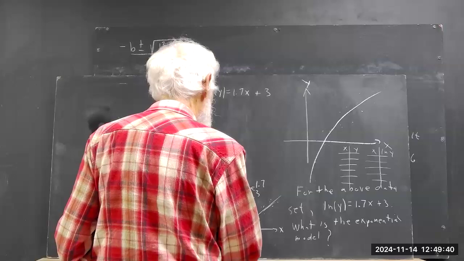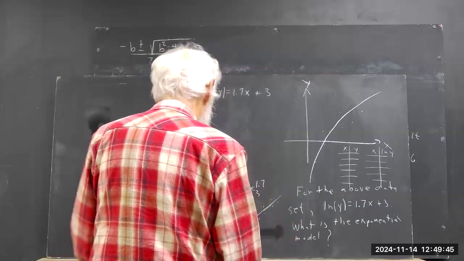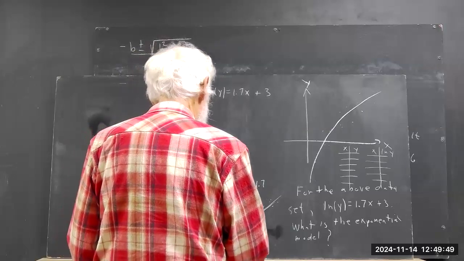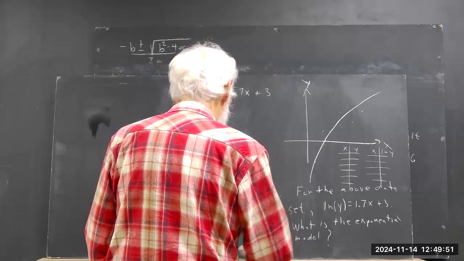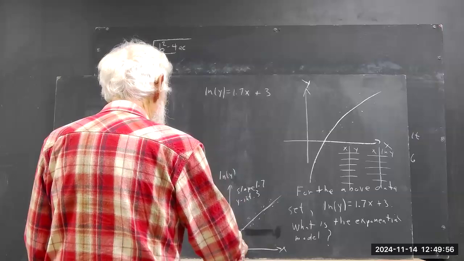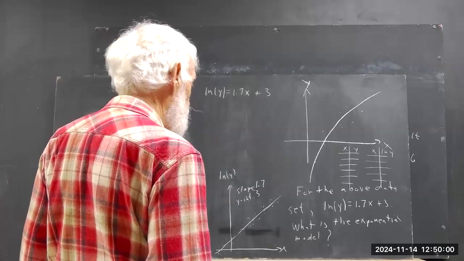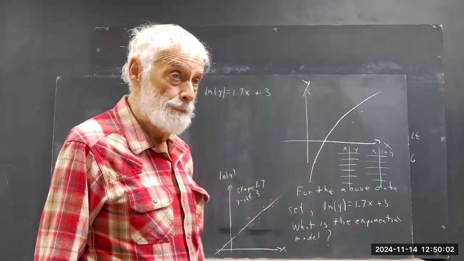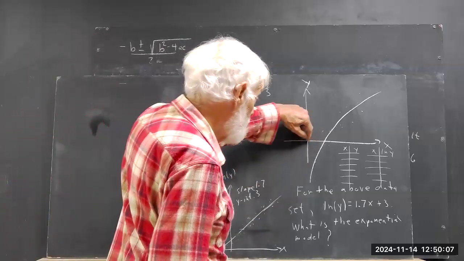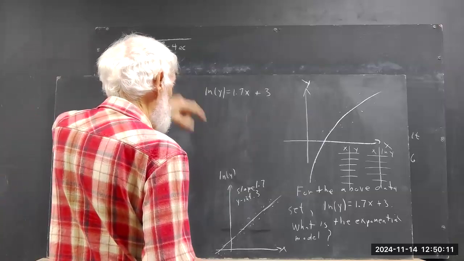But what I can do is I can just kind of move the x-axis, make it more realistic. And you might have some points down here below the x-axis, because the natural log of y can be negative. It's negative between here and here, right? Okay. So anyhow,